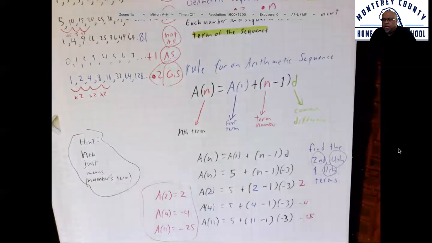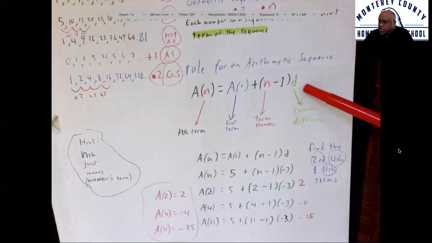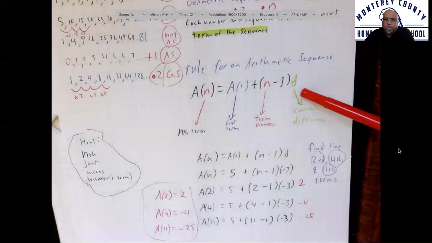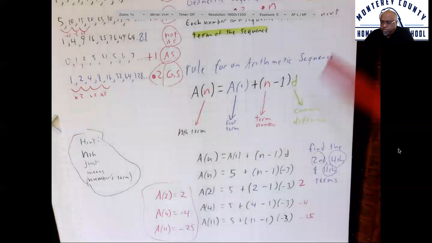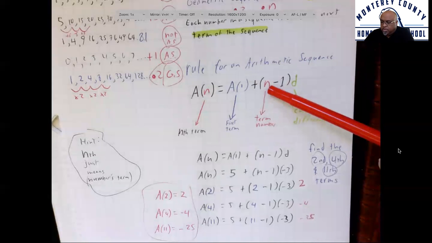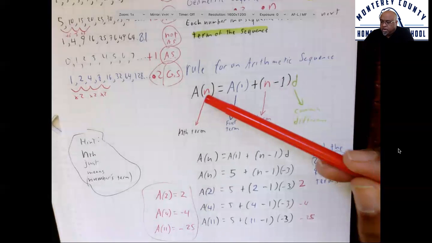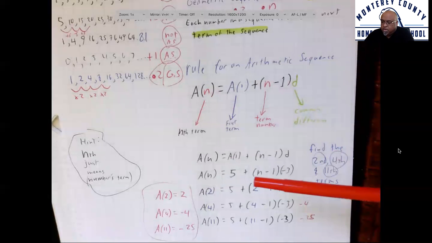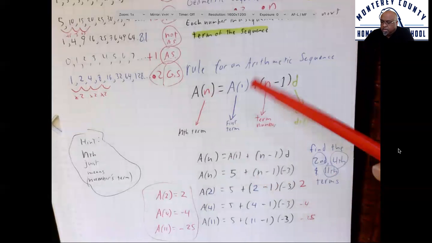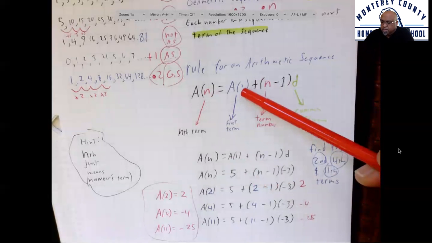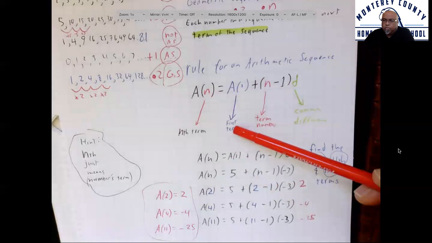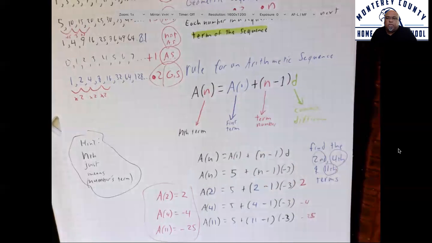Okay? So again, let me just review. d is the common difference, meaning the rule or what number you add to get to the next term. Okay? n is the term number, and it's also repeated here in the part that tells you what it is that you're doing. And a1 means the first term of the sequence. So whatever number starts the sequence would be the number that goes there. Okay? So given that we know that the sequence starts at 5 and the common difference is negative 3, meaning that each term goes down 3, then